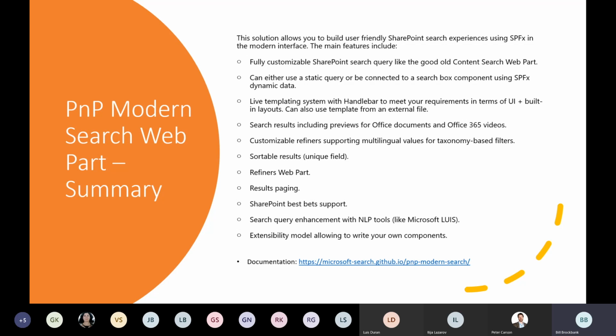The piece that I'm not going to get into, which is that second last bullet, is the search query enhancements with the NLP tools of LUIS, which I know I've worked with before, I just can't remember off the top of my head. It's one of the things you want to do a little bit more with, but if I had more time, I'd do it. And again, it's designed as an extensibility model, so it's not just giving you a set. If you're really into it, you can go develop add-ins for it yourself.